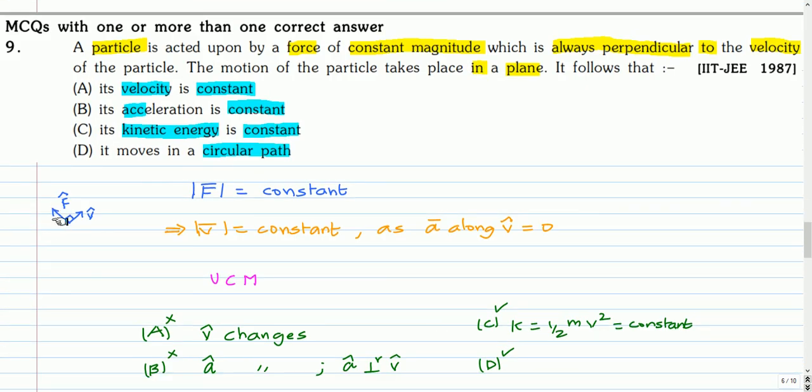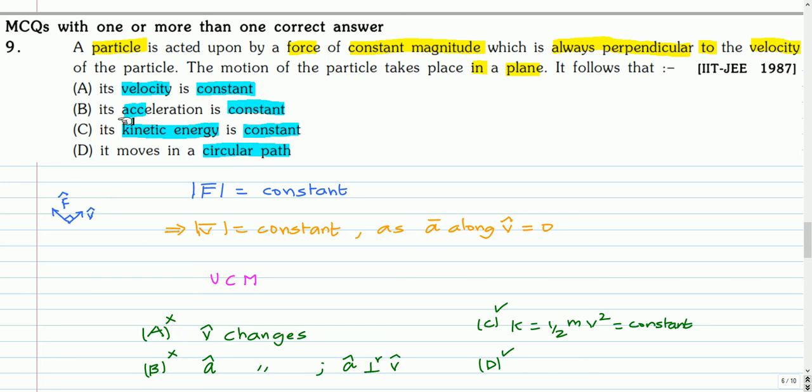So the thing that is being given in the question is the direction of the force is perpendicular to the direction of the velocity, and the magnitude of the force is constant. And since there is no force acting along the direction of the velocity, the magnitude of the velocity will remain constant. So this is a case of uniform circular motion. Option A says the velocity is constant. The magnitude of the velocity is constant, but the direction of it keeps changing. The velocity is a vector, so since the direction is changing, the velocity vector is not constant. So option A is not correct.